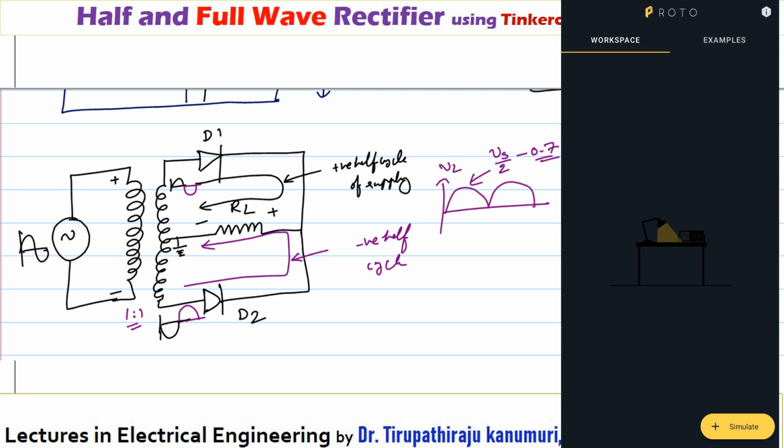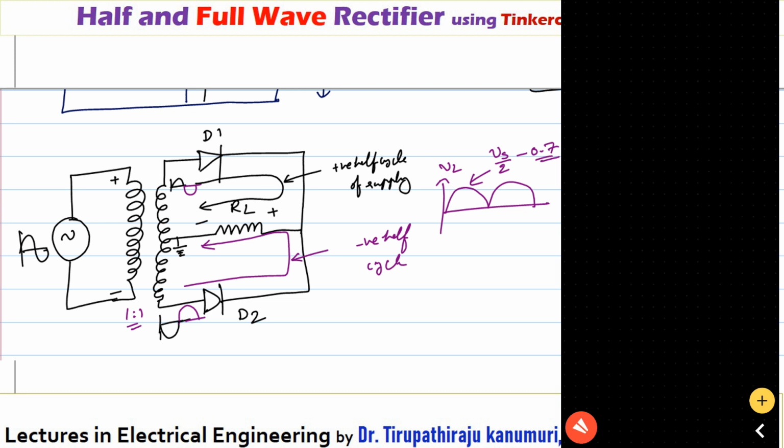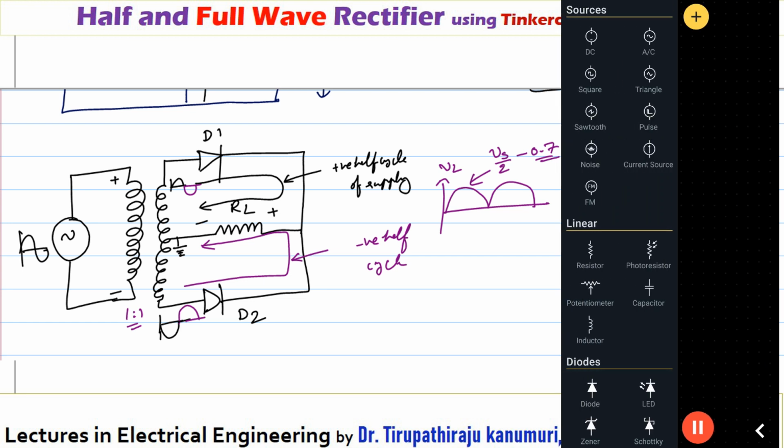That is P. When you open this, if any workspace or any previous project is there, it will show here. Otherwise, we have to go to the plus symbol given there. You have to hit that plus symbol, simulate. Once you go here, it is looking blank, so you have to add the components. In order to add the components, the plus symbol will be used.